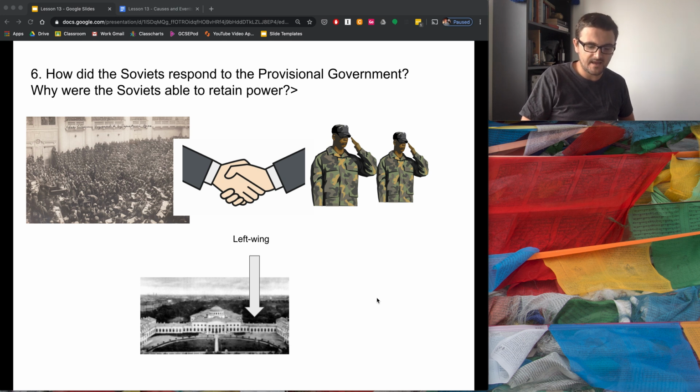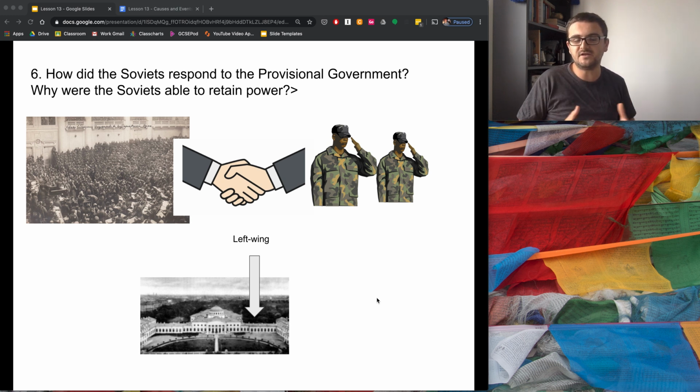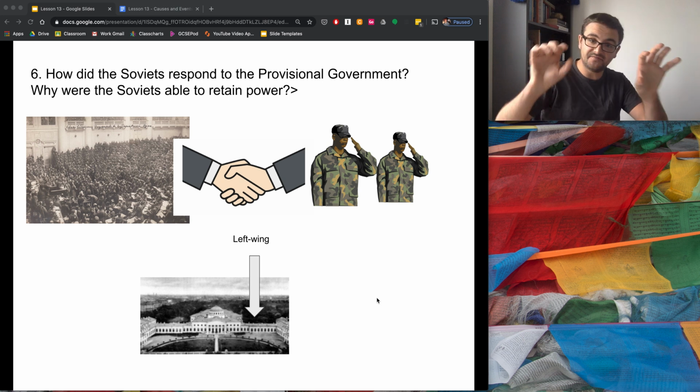Okay, so the Petrograd Soviet, the council which was there to represent the workers, agreed, under some pressure from the military, that each military regiment would be able to elect its own committees, and those regiment committees would then send representatives to the Soviet in Petrograd. This agreement gave the military representation in the decision-making of the Soviet in return for giving the Soviet political control over the military. So what you have here is an agreement between the workers' Soviets and the military.